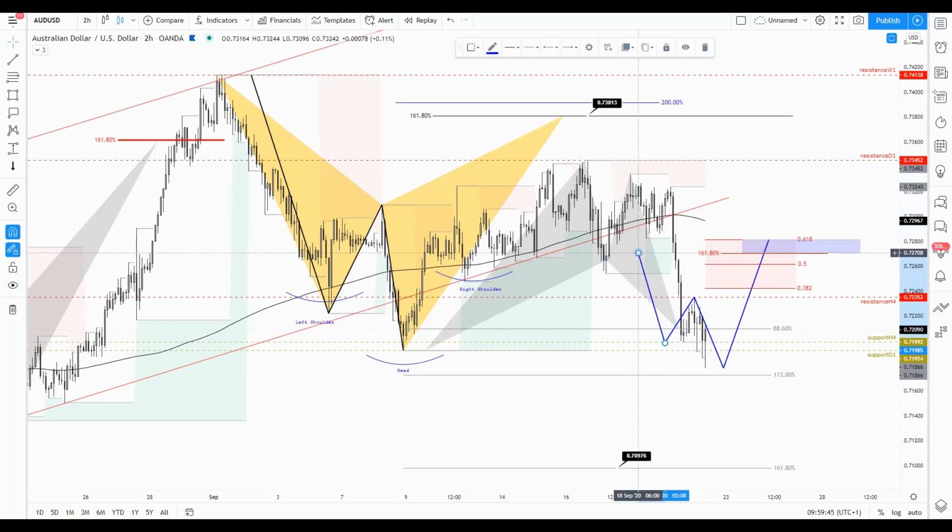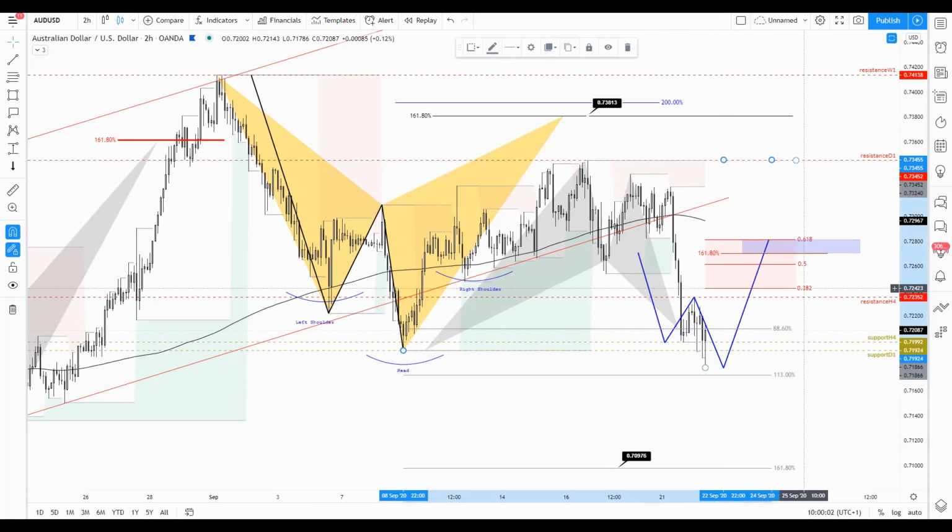When we engage the bullish bat pattern, we should respect those Fibonacci levels. So for those trading advanced pattern formations, I believe they already understand the concept and the risk reward. But for those who are in the learning process, when you trade the bullish pattern and you target the 38% Fibonacci